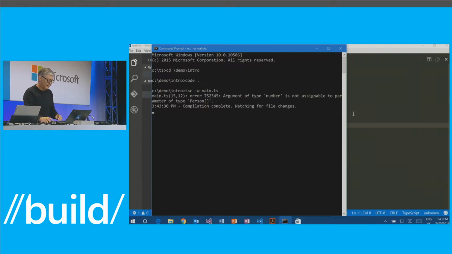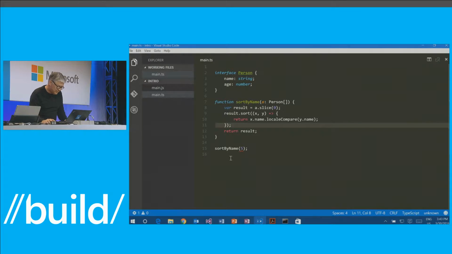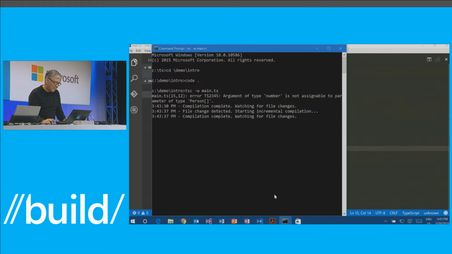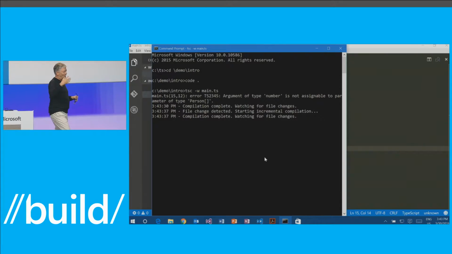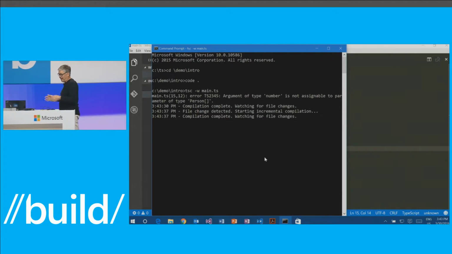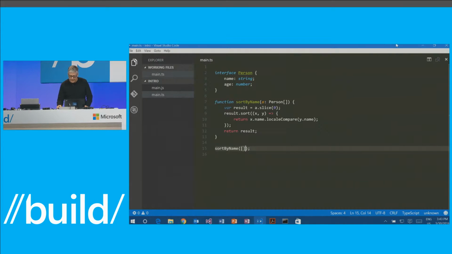We'll start the TypeScript compiler in, oops, we still didn't fix the error down here. Let's fix that. I started the TypeScript compiler in watch mode, which means that it sits and just watches. And whenever I save files, if these files are part of my program, then it recompiles them automatically. And now we can just leave that in the background.